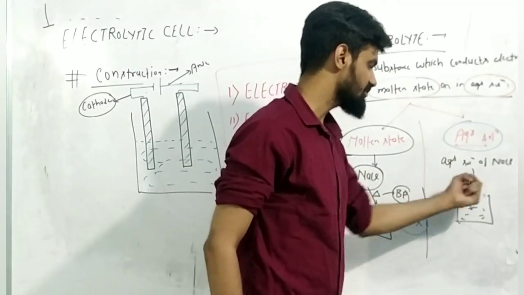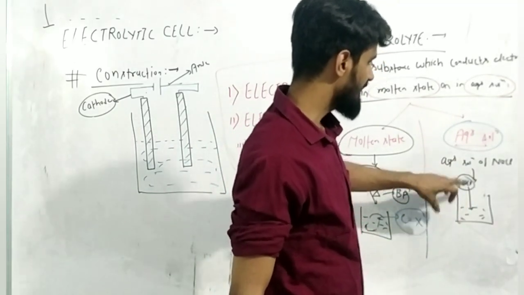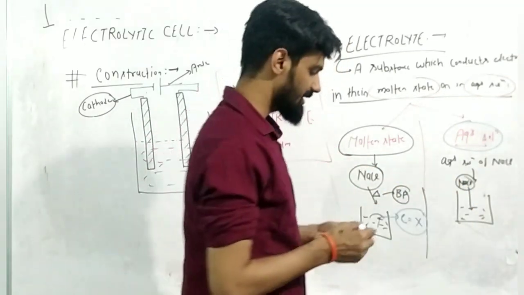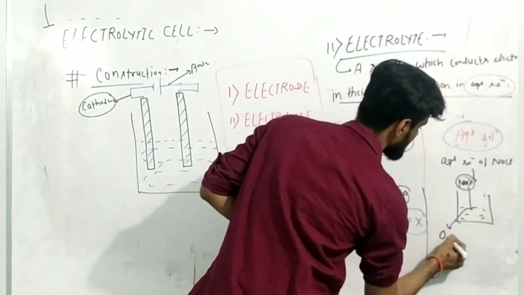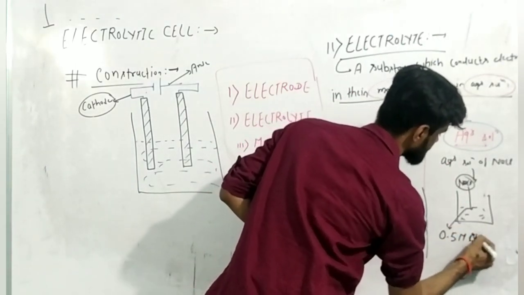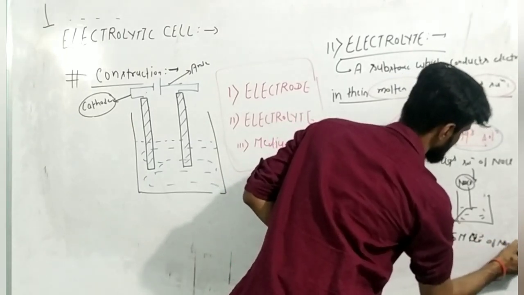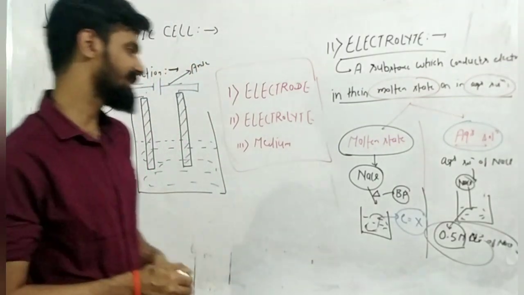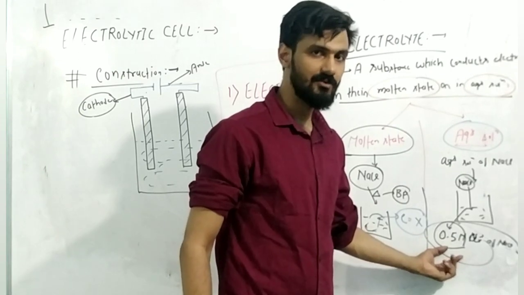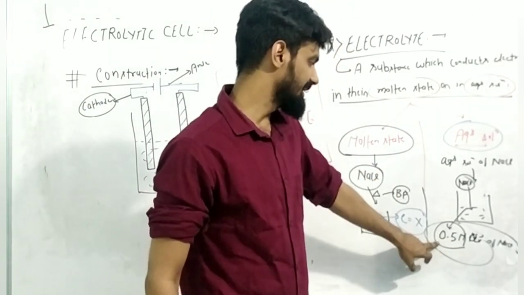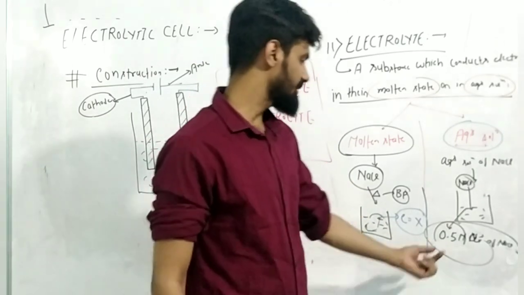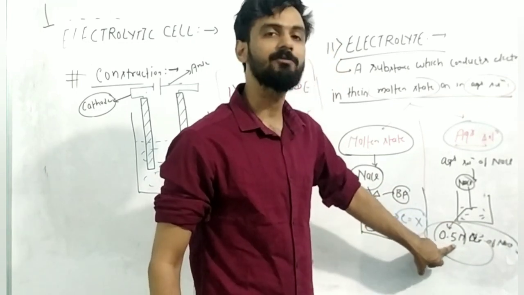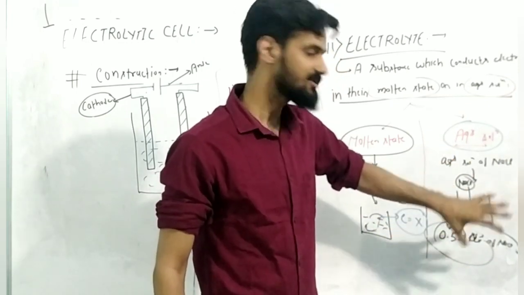Now, when it comes to the aqueous solution, because we prepare the aqueous solution of NaCl with the help of water, here there must be a concentration part. Okay. So if the question is asking for a 0.5 molar aqueous solution of NaCl, 0.5 molar is the molarity, and you all know molarity is a type of concentration. We can define the concentration in different formats, and molarity is one of them. So a 0.5 molar aqueous solution means in 1 liter of solution, 0.5 moles of NaCl will be existing. Okay, so this was the part.